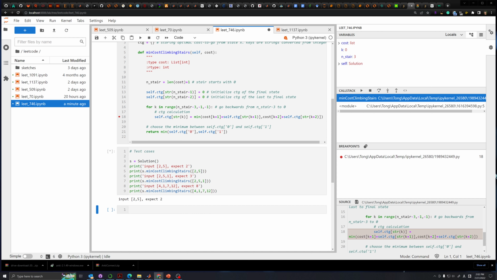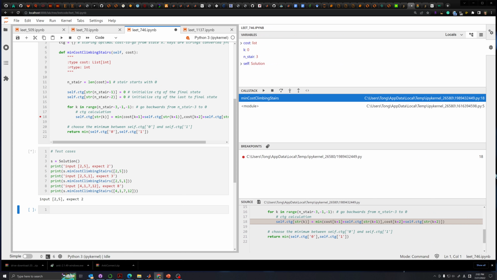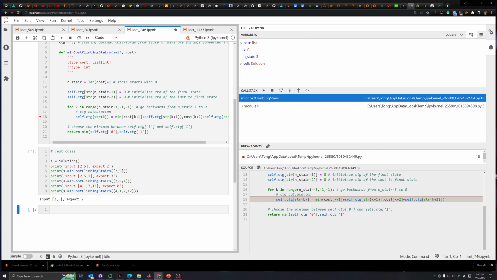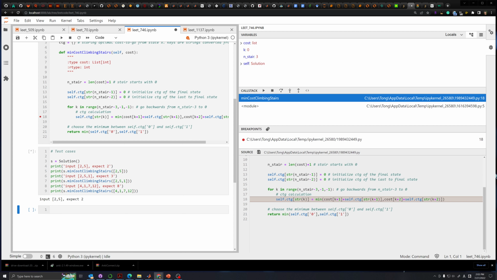All right, here we have the breakpoint. Let's take a look at where we are. We're on line 18 right now. And what is cost? Cost is a list with 2 elements. The length is 2. So k, what is k? K is 0, right? Okay, so if k is 0, and if the length of the cost is 2,